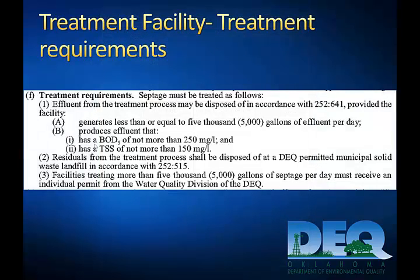All right, treatment facilities. What are the treatment requirements? If you operate a treatment facility, you're going to get a facility permitted with the sole purpose of treating septage. So septage must be treated as follows. Effluent from the treatment process may be disposed of in accordance with 641, provided the facility generates less than or